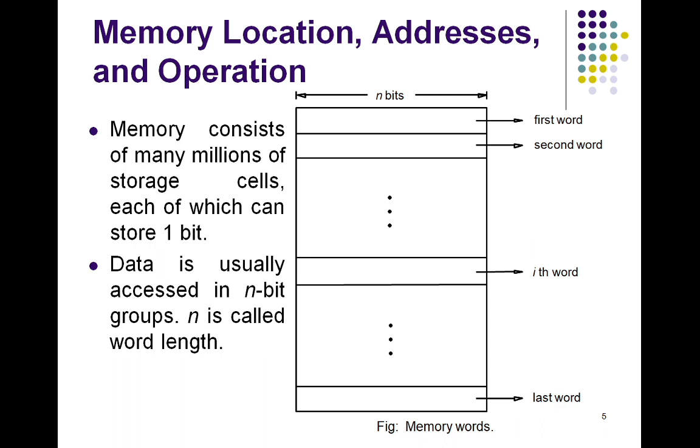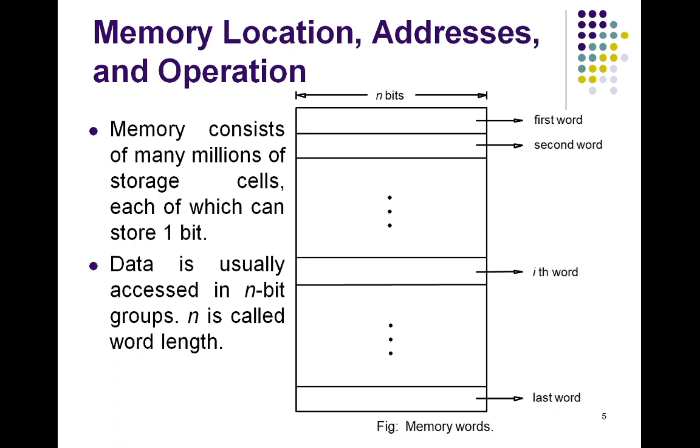Here we will now consider how the memory is organized. The memory consists of millions of storage cells, where each storage cell can store a bit of information having the value 0 or 1. Means memory will store the information in terms of storage cells, where each cell is capable of storing information in terms of zeros and ones. Means it will store the data in binary form.